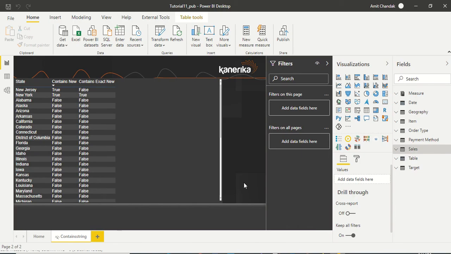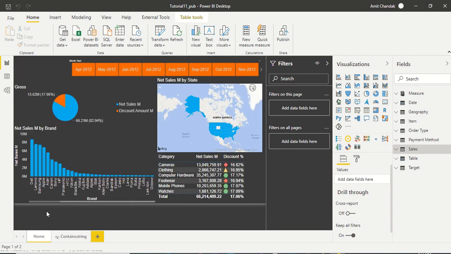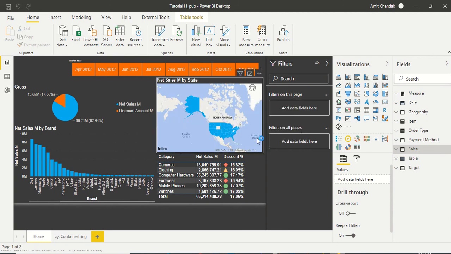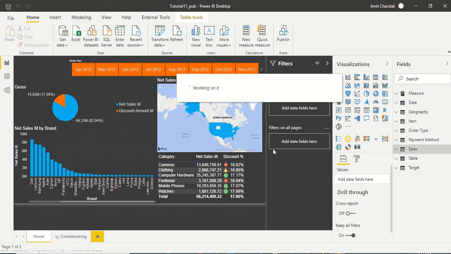We go back to our file. Now this is the first page, and whatever page you want to be displayed the first time, you should show that, so there is no unnecessary stuff. I see right now all the tables are required ones only. So I'm going to click on publish, and it will ask me, do you want to save the changes? I say yes. If I have unsaved changes, that's why it is asking, and now it is working on that.